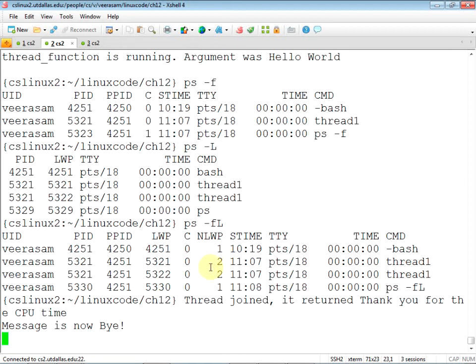There will not be a scenario where somebody else gets a 5322 as a PID. So really you can see this is the number that the operating system goes by. Let's say the next process that comes in will get 5323, not 5322 as the PID. It would be very confusing if one thread has 5322 as its LWP and some other task has 5322 as its PID. That's not good, right?